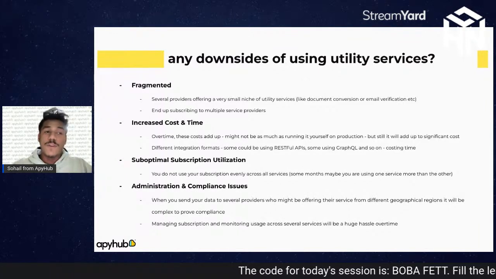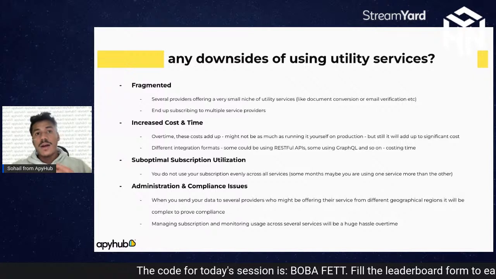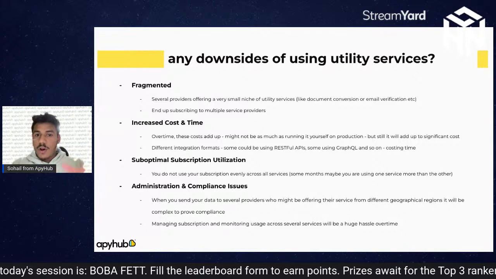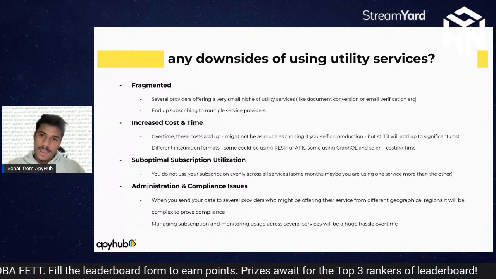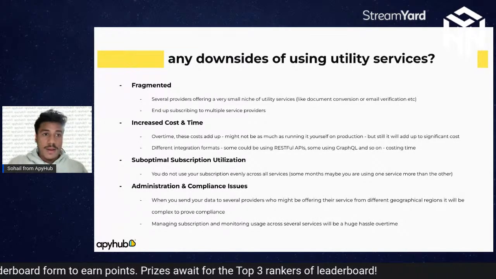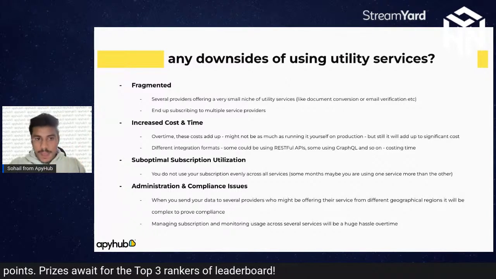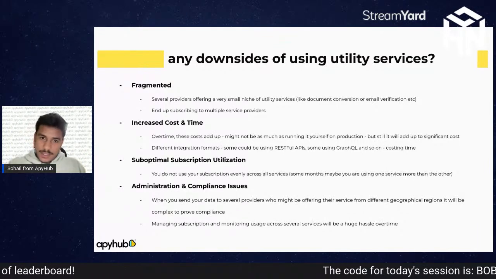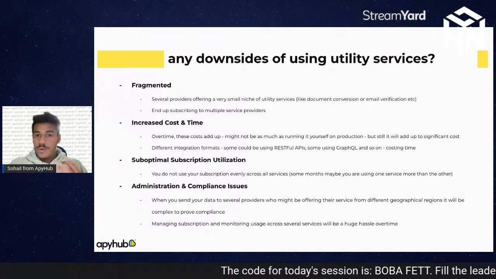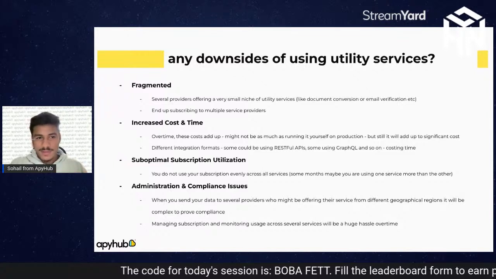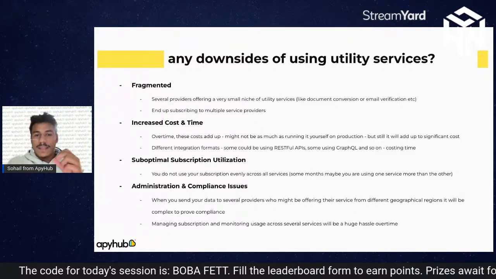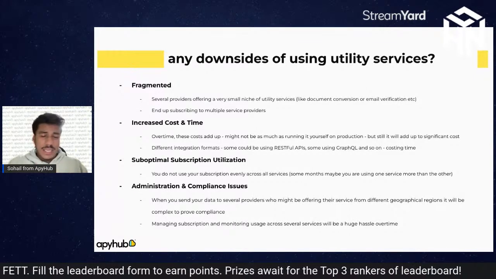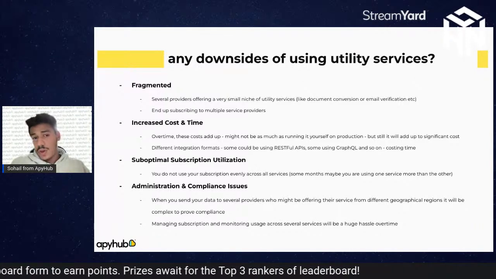But what if the five use cases that you most require for the application are not available on a single service provider? What if the five different APIs that you are looking for are available on five different service providers? So now what do you have in the box? For utilities like document conversion or email verification, these are very essential things that most applications use or implement.